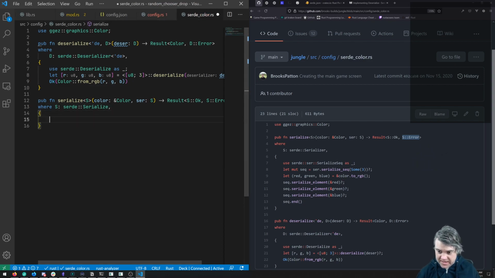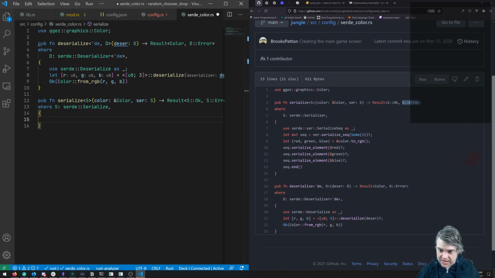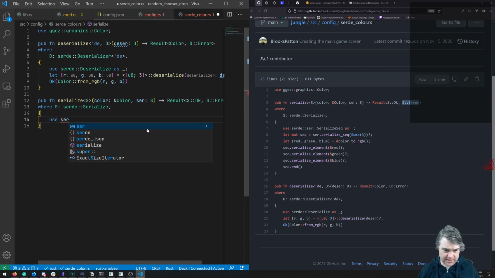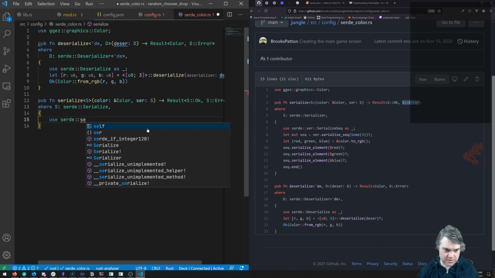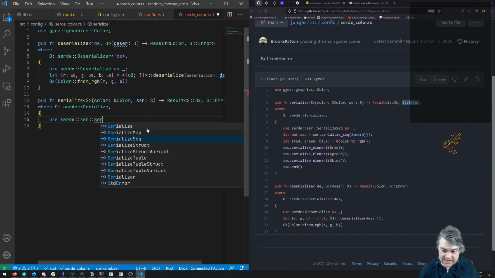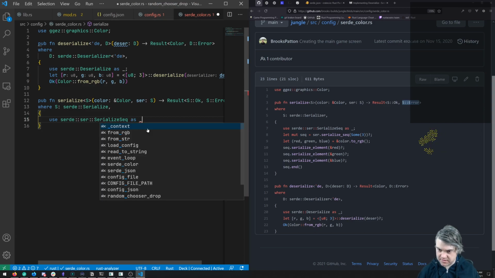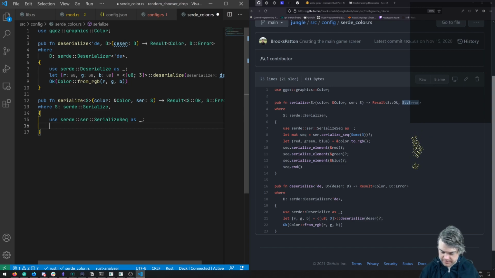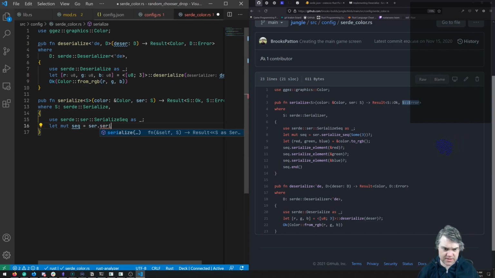Okay, so once we have that, then we get to do all this fun stuff. So the same thing, the same use. So serialize. Don't care about that. The serialization should never happen also. I'm never going to call it, so I don't need this to be super fast running code either. Okay, so let mute. We have our sequence, or I think it's sequence. Then serialize. Nope, wrong one. Serialize seek some